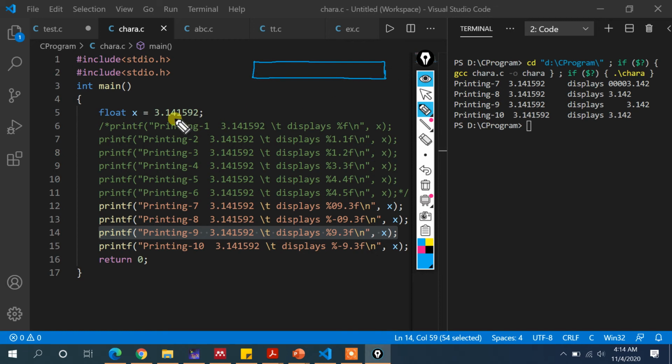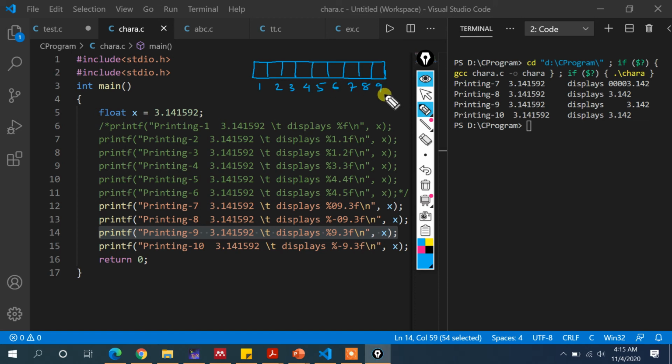It means you want to display 3.141592, and actually you want to display 3.141. That means 3-digit places, due to this %9.3. So 3 represents your V and 9 represents your W. W means 9 boxes or 9 character places have been created. So 1, 2, 3, 4, 5, 6, 7, 8, 9. Okay, so you can see 1, 2, 3, 4, 5, 6, 7, 8, 9.